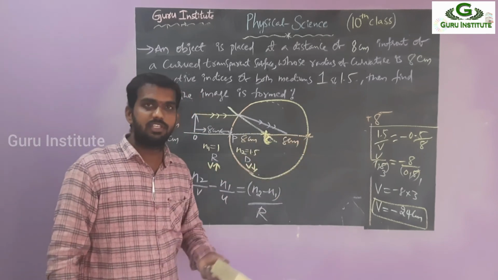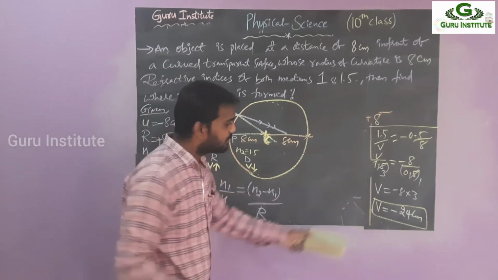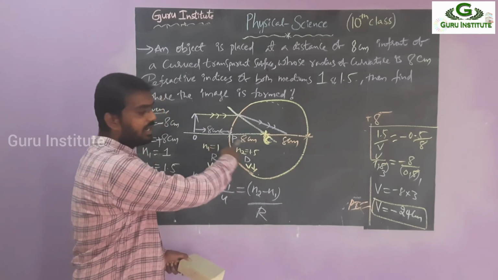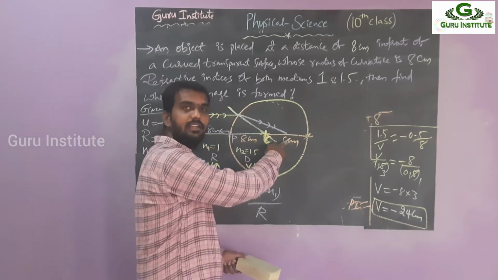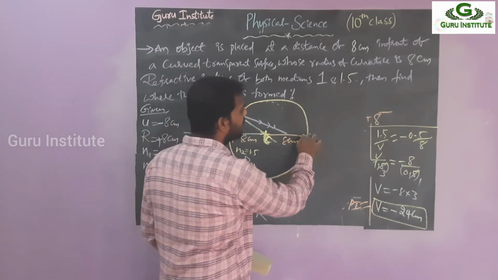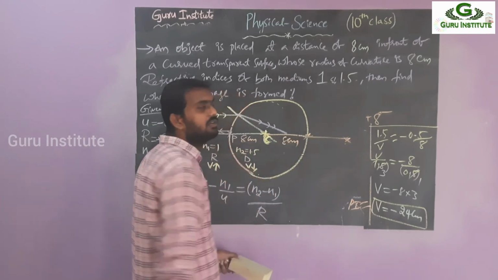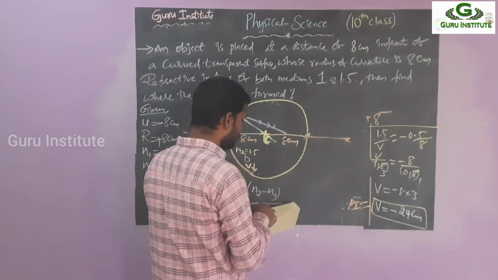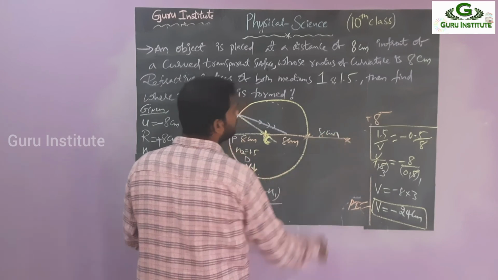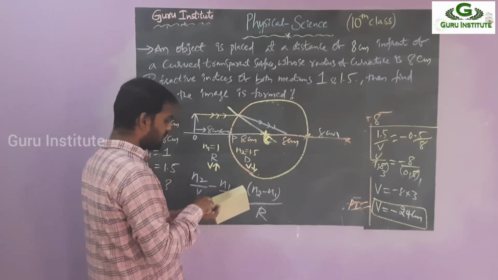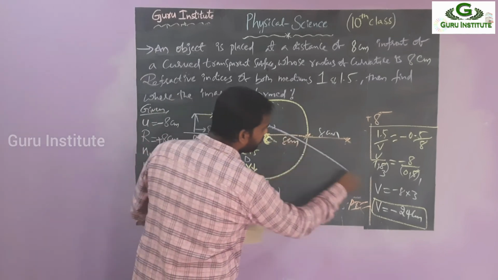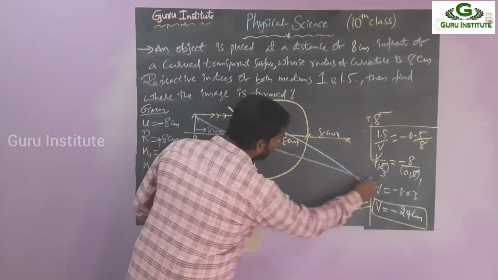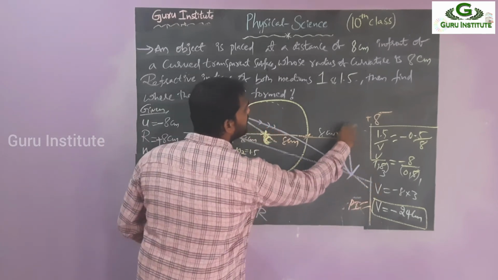Totally 8 plus 8, 16. Here, which is the pole? This is the pole. The image is nothing but I, and P is there. Totally 24: 8 plus 8 is 16, then 24. Somewhere here it should be formed, so after this it is moving up to 24 centimeter. What you get here we already drew, so these are met after 24 centimeter. So this is the nature of the image formed.